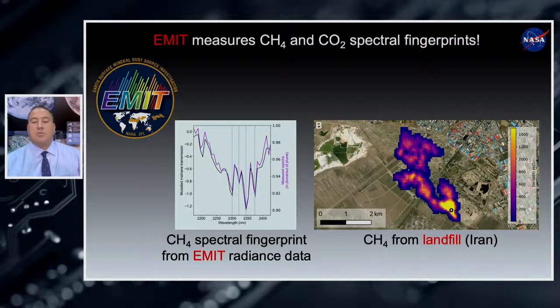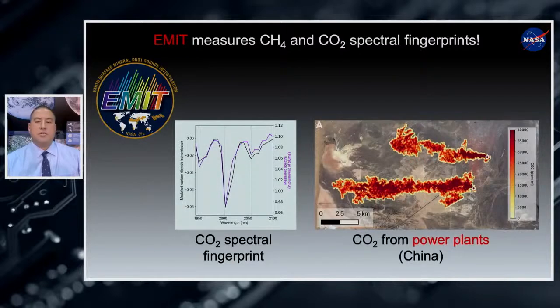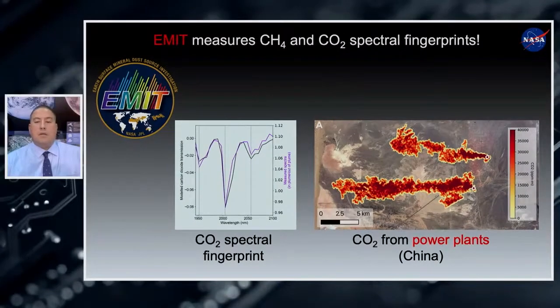For CO2, we also have spectral fingerprints as shown on the next slide for 3 pronounced absorption features that are shown in that figure. And that allows us to do a similar type of emission quantification for power plants and other large CO2 sources. And these are 2 examples of coal-fired power plants in China. If we go to the next slide,